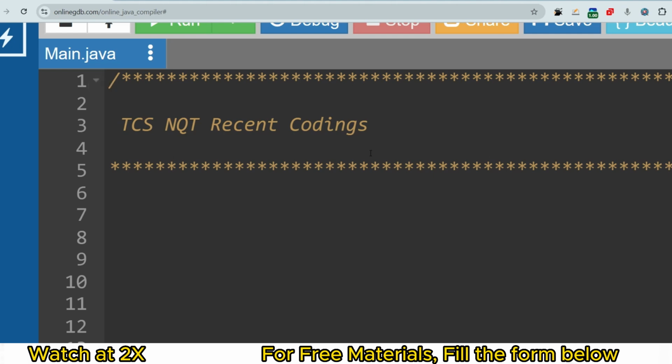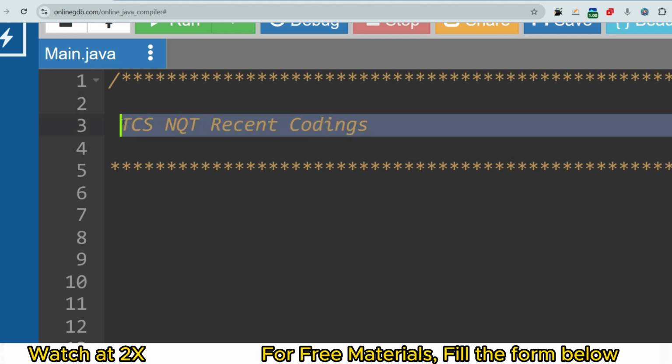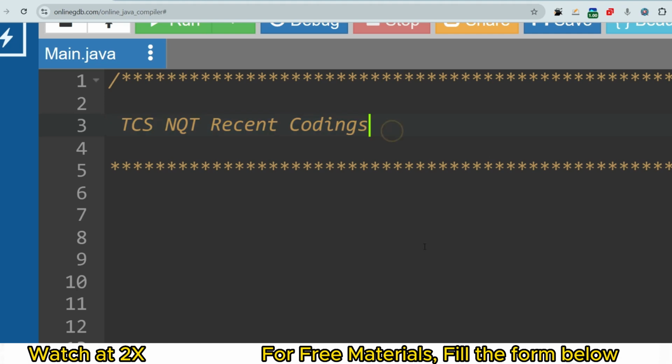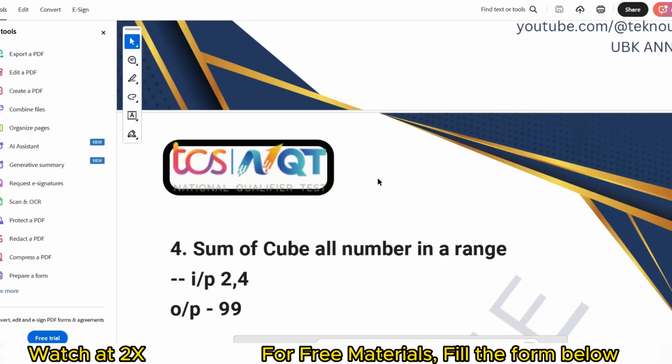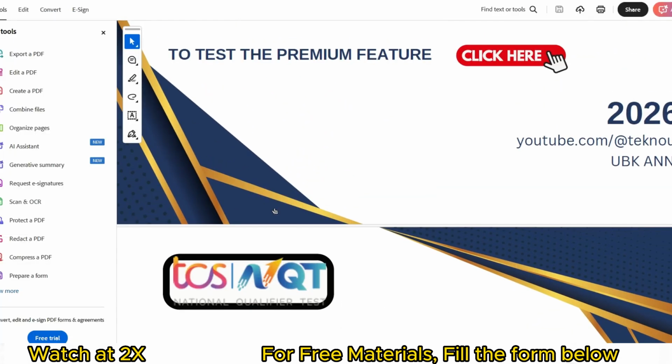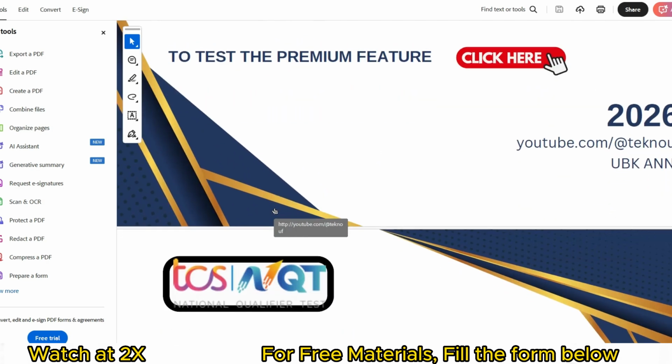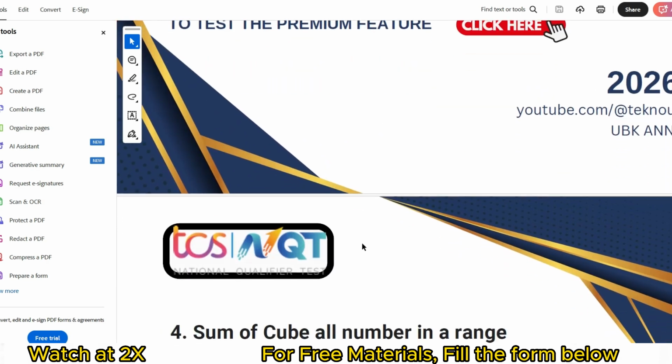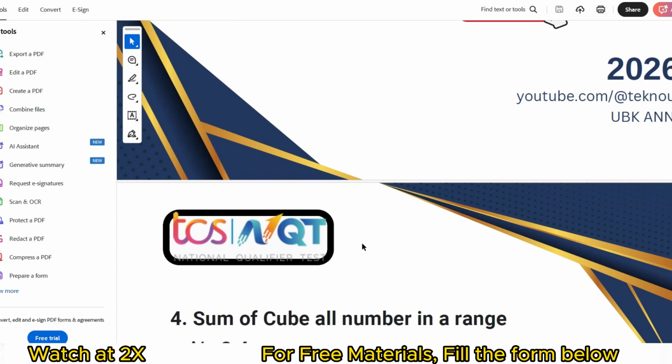The question is very easy, but still people face various issues, so I'll cover all of those. Okay, so just wait. So the question is this. As you can see, this PDF includes most of the coding questions